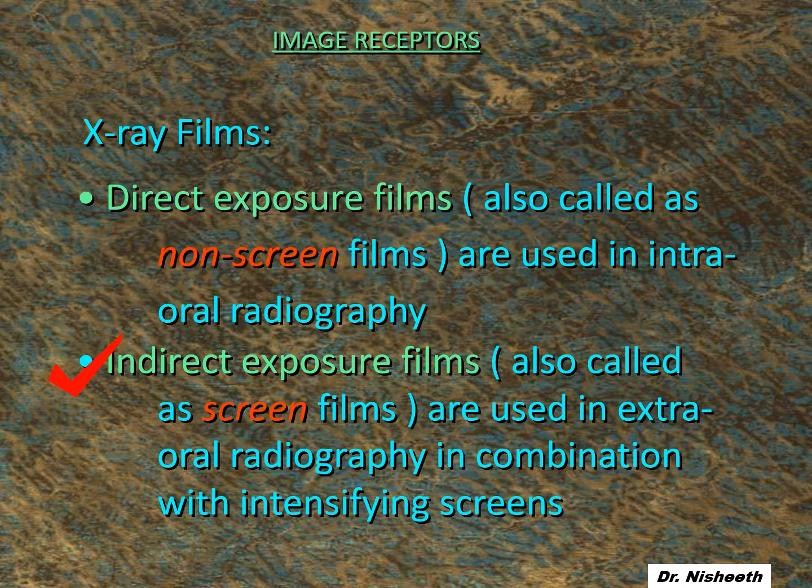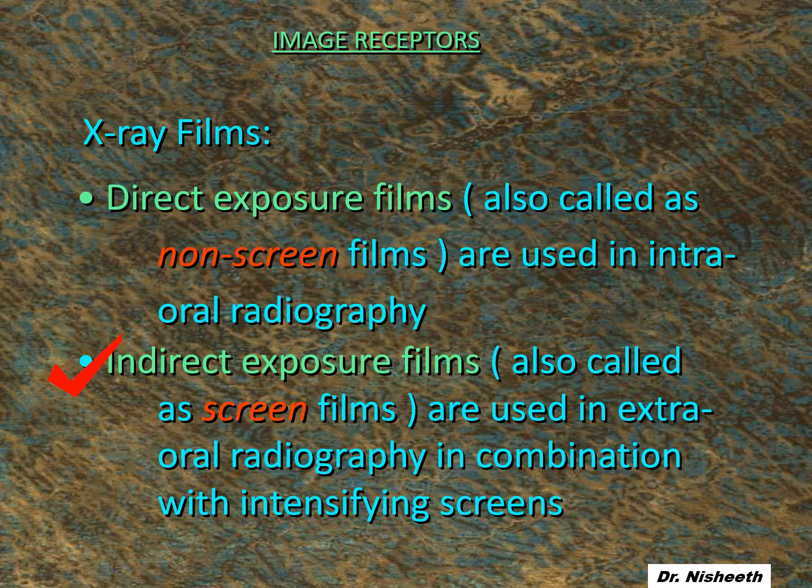When you see the X-ray packets I showed you, one side is white, the other side is colored. It has a colored pack and a white flap. That color for the D speed film is green. For E and E plus speed film, it is light blue or mauve color, and for F speed film, it is lavender color or purple color, you can say. That's why the speed of the film is important.